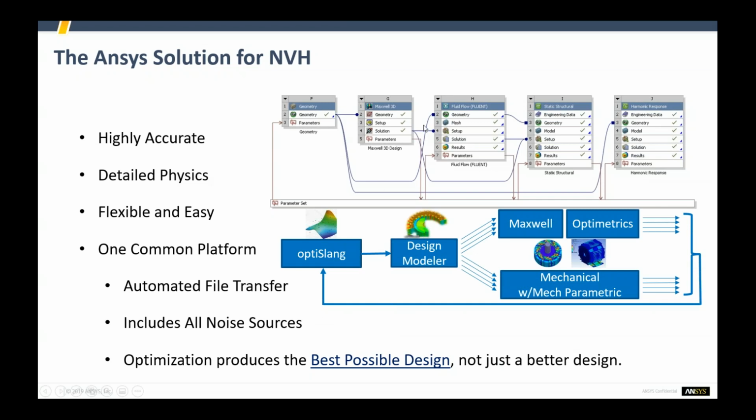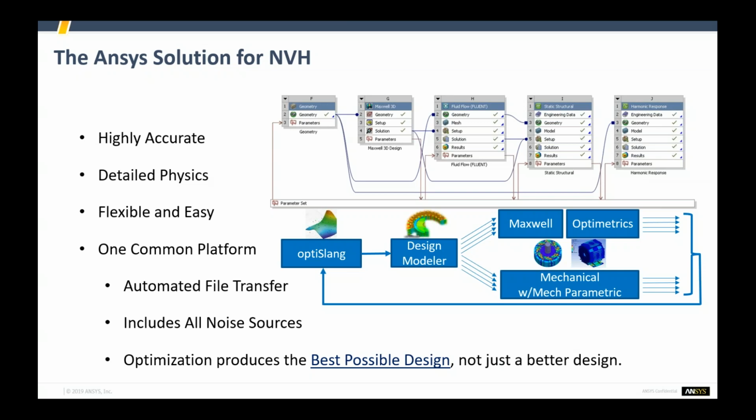So the diagram on the top is the Workbench workflow that you will actually see when you're working with the project. So each block represents a physics. From the very far left side is just the geometry alone. So that's the motor geometry. The G block is the Maxwell block that takes care of the electromagnetic side of the machine. Then you can send this to the third block. H block is a Fluent block that is not addressed. So this physics is not very much addressed in the presentation, but what I know is that you can work on